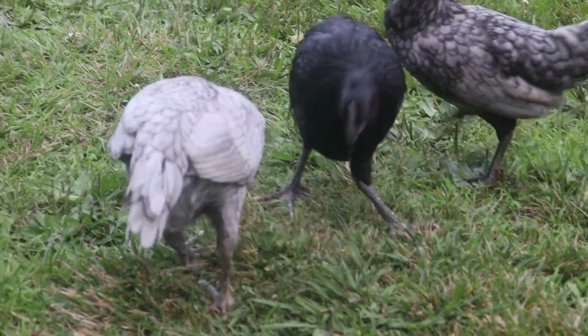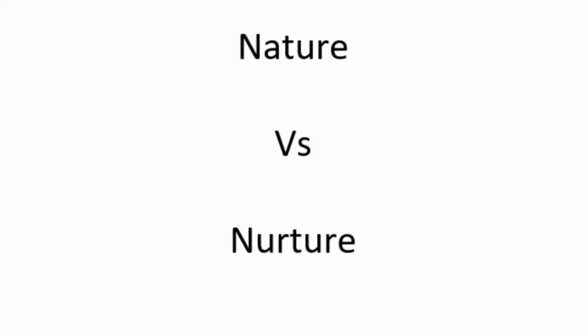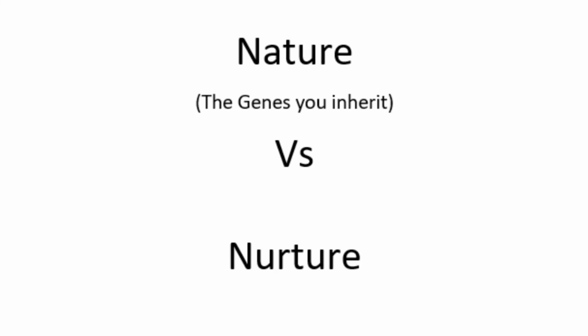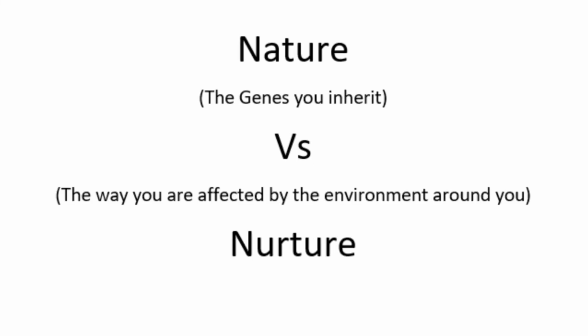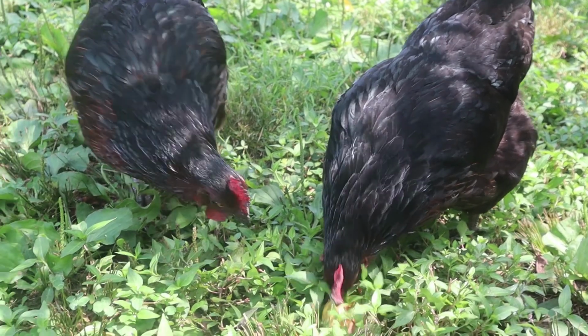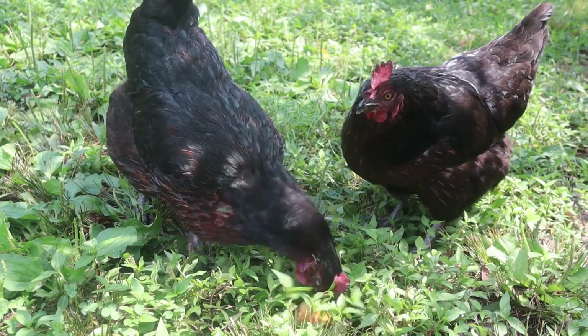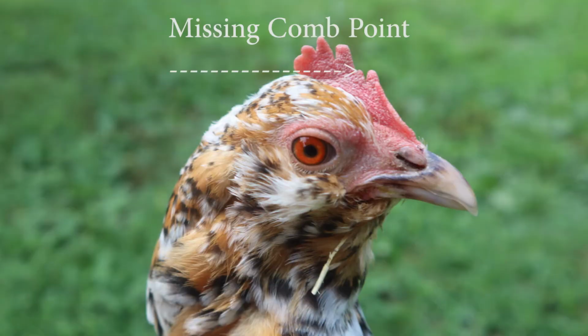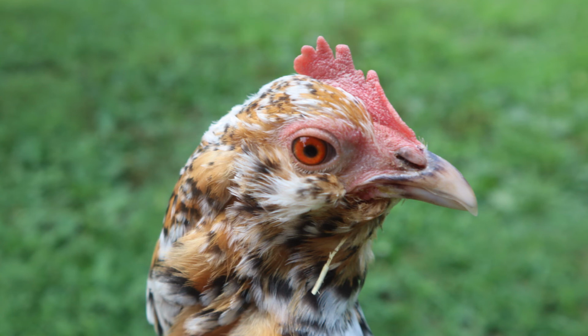Before we go on, I would like to first note the difference between nature and nurture. Basically, nature is what you inherit, and nurture is the way you are affected by the environment around you. For example, let's say you have a hen with a single comb. She has 5 points on her comb, but by nurture, or really lack of nurture, she loses one of the points on her comb. Her genes did not change. I won't get into the genetics of comb points because it is much more complicated than this, but let's just say for simplicity's sake that breeding 2 birds with 5 comb points together will always result in offspring with 5